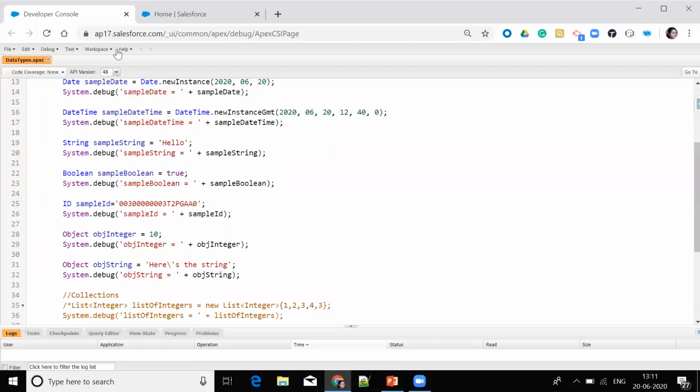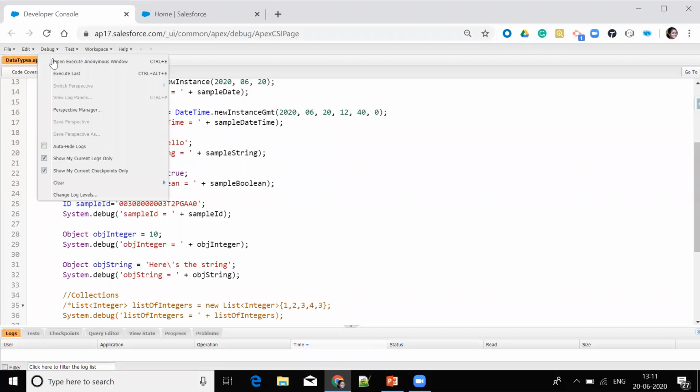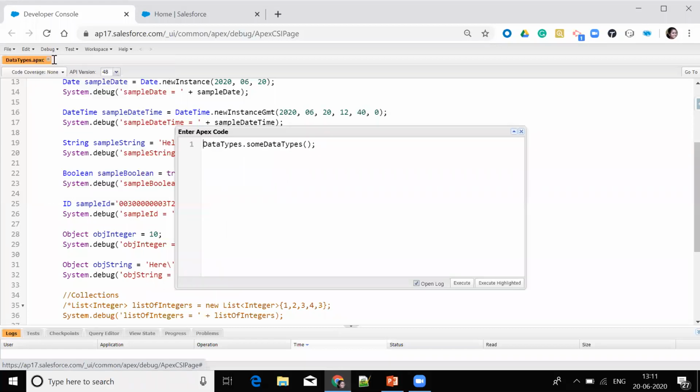So just quickly I will run this and show you the debugs here.